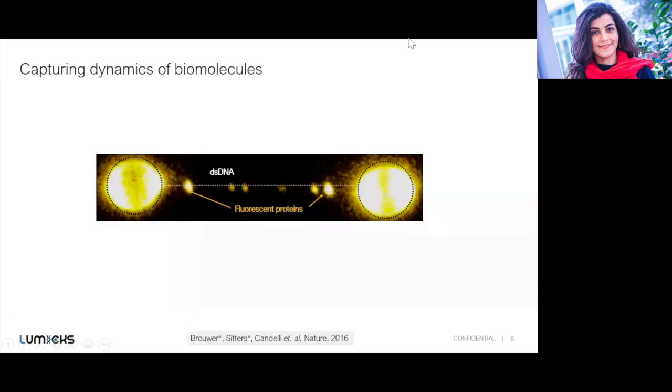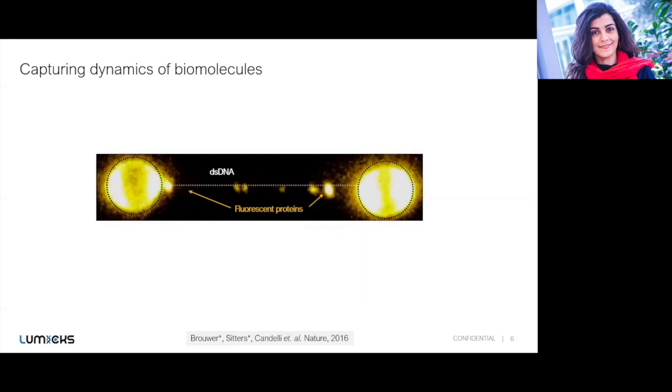C-Trap can be used to capture dynamics of biomolecules, as you can see in this very beautiful movie that shows two beads that are trapped using the IR laser, and the double-stranded DNA is tethered between these two beads, and you can see the binding of fluorescent proteins to this DNA and their dynamics. So here we're showing a double-stranded DNA, but this can be any other filament. It can be actin or